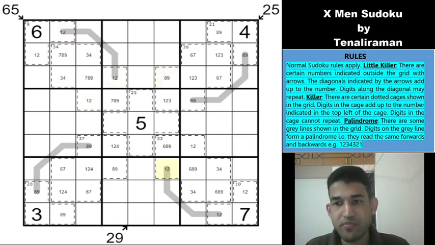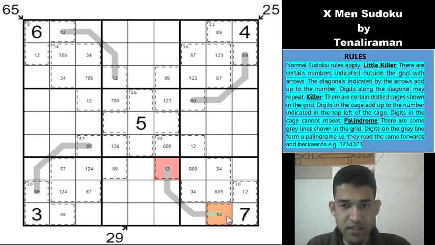So let us start by shading some of the cells. Both of these cells will be equal. They are at the ends of the palindrome. So this becomes 1, 2. If this is red, this will also be a red. And let's use a different color for this. If this is 1, this would be 2, and if this is 2, this would be 1. And because this is red, this would have to be a green. And you have greens here, which means they would have to be in the middle column somewhere, and the only cell they can go inside is row 2 column 8, which means this is not a 3, this would have to be a 1 and 2.